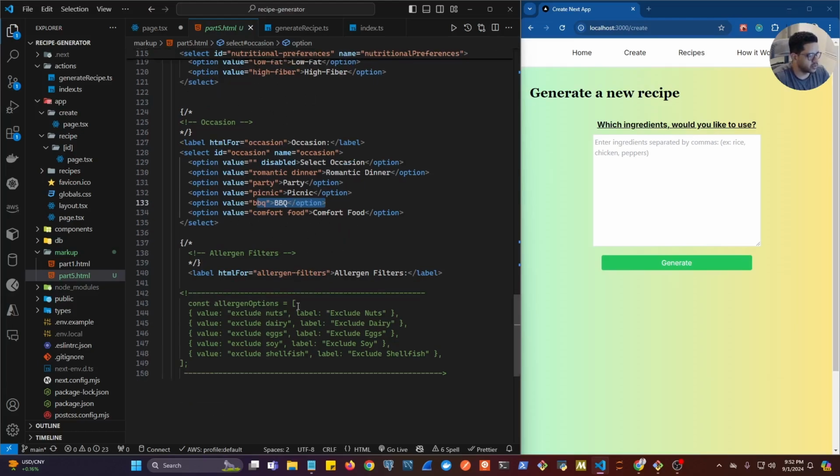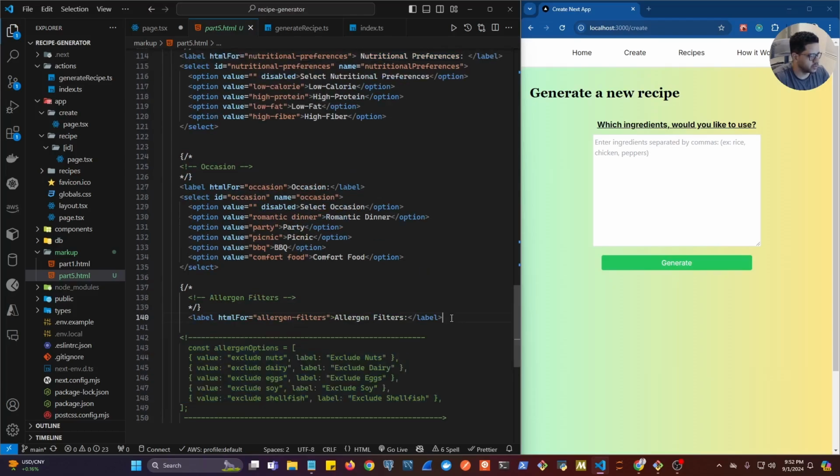And then at the bottom, we're going to have an allergen filter, where instead of just having the user pick one option, we're going to make this available for the user to pick multiple ones. So we're going to have an array where we're going to map over this in a second. So let's copy everything up from here,